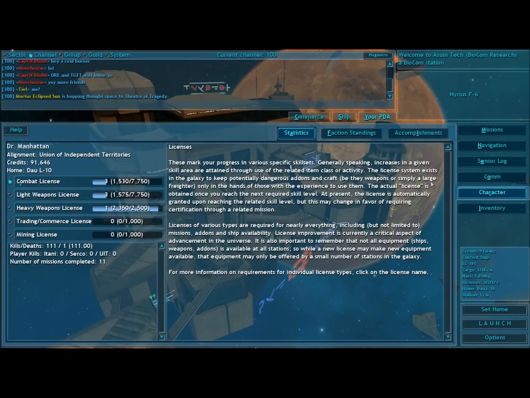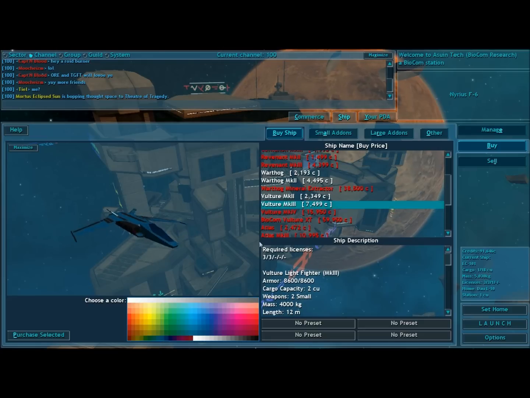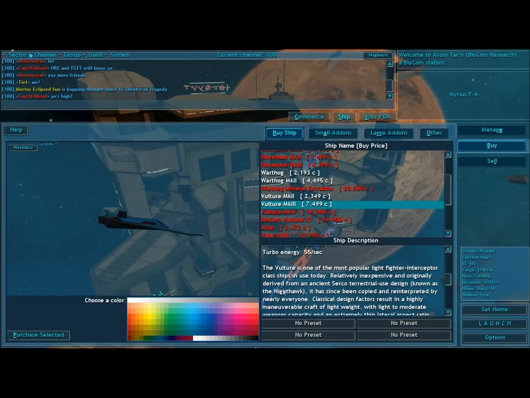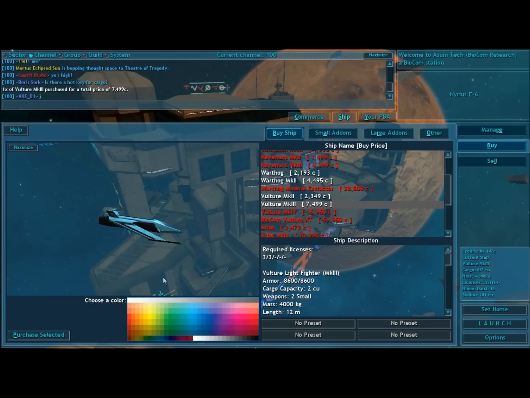But first, equipment. We leveled up, so we're going to buy some new equipment. So we go to the ship tab, and the Vulture Mark III, you can see, requires Combat License 3, Light Weapons 3. It's got 8600 armor, not a lot of cargo, 2 weapons, decent weight, good thrust, and it's basically just an upgraded version of what we have now. So let's pick a color, any color you like, and we're going to purchase a Vulture Mark III,